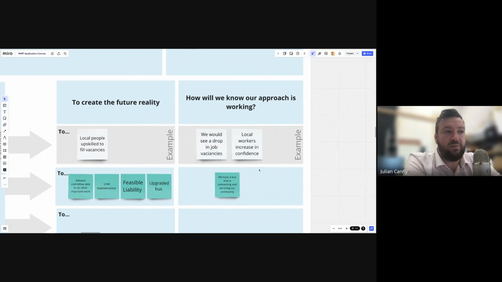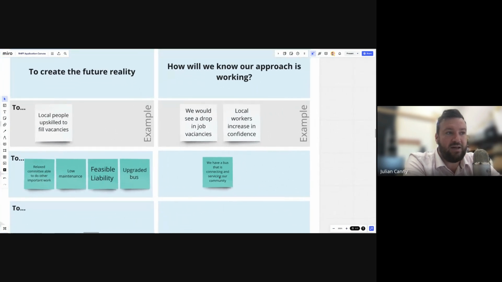That can simply be, in this bus example, that we have a bus that is connecting and servicing our community. The reason that's important is we will come back to you in 3 months, 6 months, 12 months, whatever the timeline is, and say, we would love an update from you about whether your approach is working. You said that you would have a bus that's connecting and servicing our community. And what this does is it means that